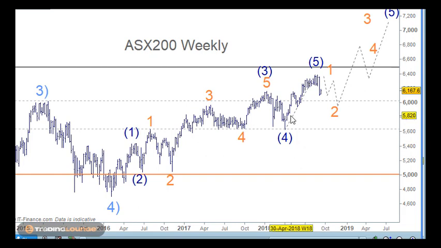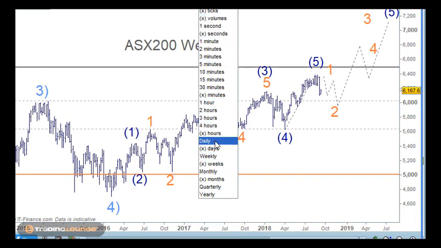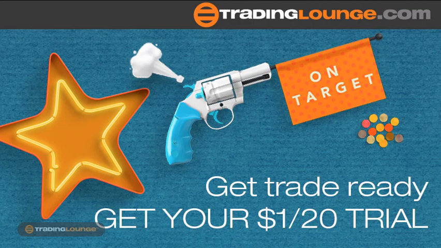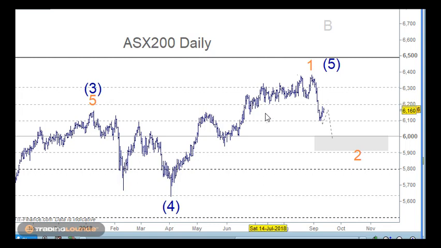So firstly, it is possible to have this as wave 5 here and completed, and that means that we need to look at more of a bearish market coming down here, but we don't need to go there just yet. We could also look at this wave 4 here as wave 1 here and coming back for wave 2. There is another count within this little structure here as well. If I go to the daily chart, I don't think it's going to cut it for me, no. I mean, this has all been really quite messy in here.